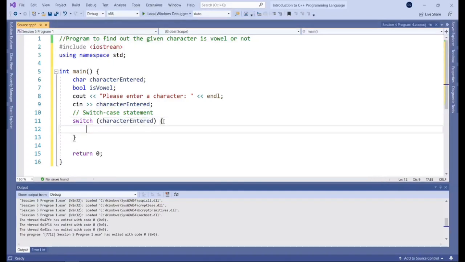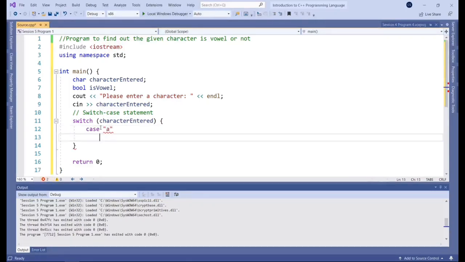Then we have two brackets. These two brackets will encapsulate the body of that switch case statement, right? So we're switching cases depending on this variable. I guess that's another way to look at it. And then now we need to start thinking of our cases. So we could literally write out a case for every single character in the alphabet, but that would take ages. And it might be more simple to just write out the cases for vowels.